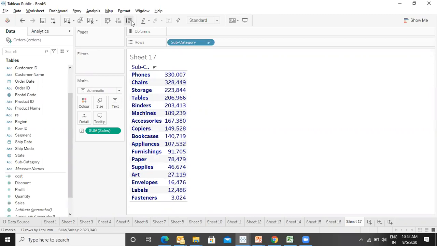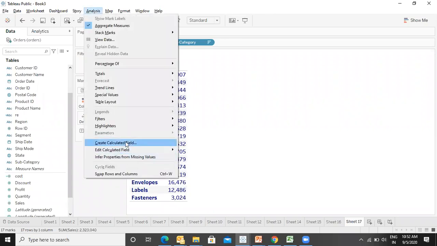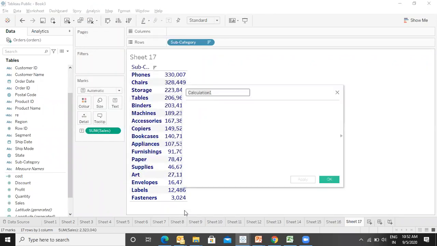So I will go to Analysis and say create calculated field. Let's call it IND, and there is a function known as index. It does not take any arguments. We just have index over here, and I say okay.